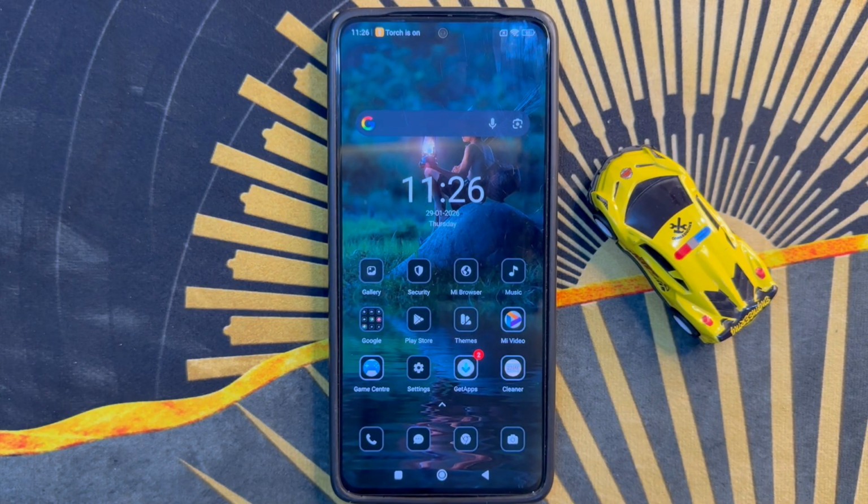To fix if it keeps vibration on Poco M8. Let's start the video. First of all, go to app library,